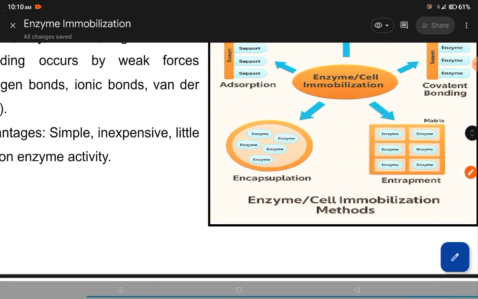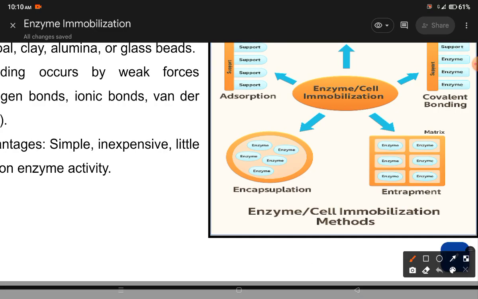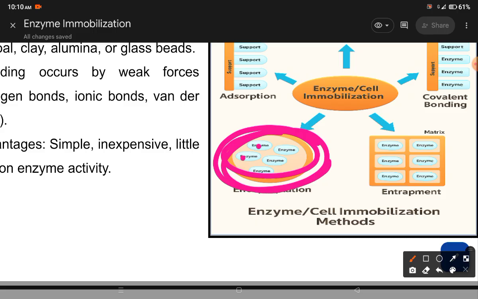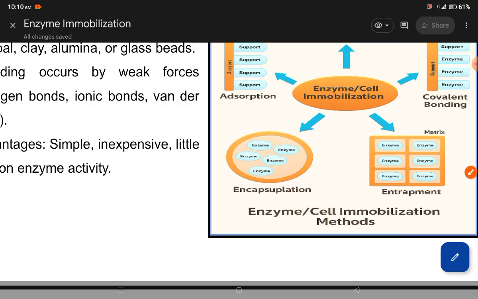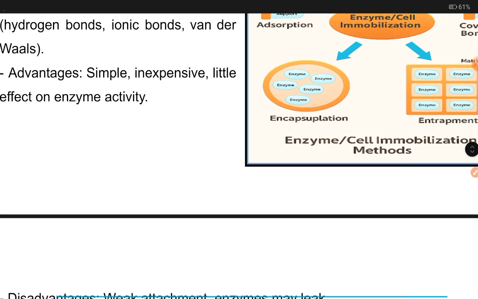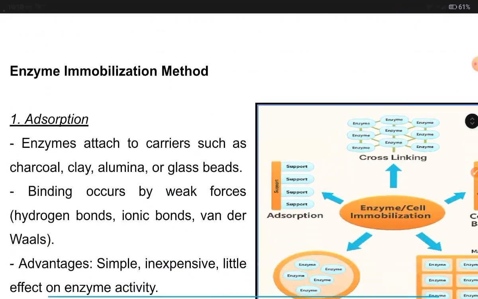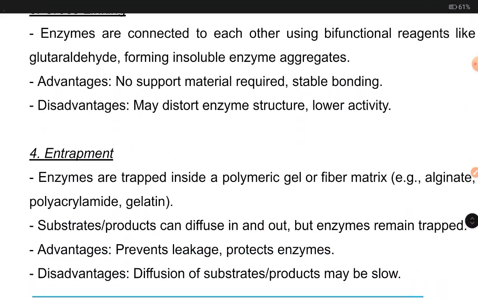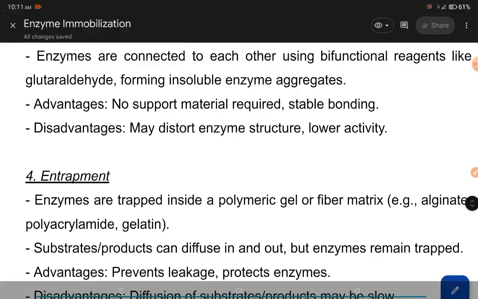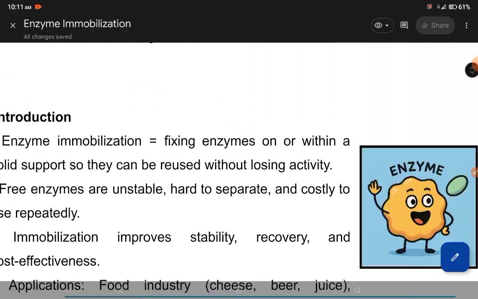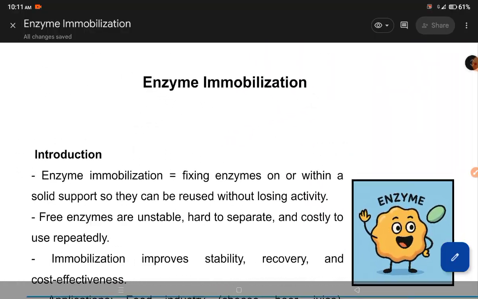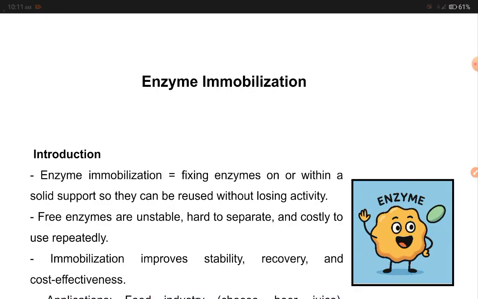To see the image of this encapsulation, we can look here. This orange one is the semi-permeable membrane, and the enzymes are encapsulated inside the microcapsule. In this way, the enzymes are protected and can be used effectively. So enzyme immobilization is a smart technique that makes enzymes more useful for industries. We learned about five methods: adsorption, covalent bonding, cross-linking, entrapment and encapsulation, with a few examples for each. With that, we complete the concept of the technique of enzyme immobilization.